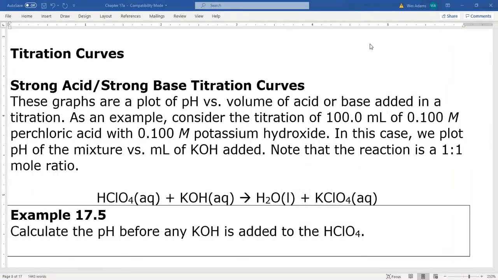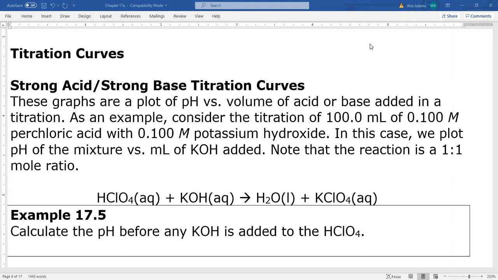Okay, let's talk a little bit about titration curves. We'll start by talking about strong acid, strong base titration curves. And they all work without any equilibrium taking place. The equivalence point will be 7 because the solution will just be neutral water with a salt dissolved that's neither